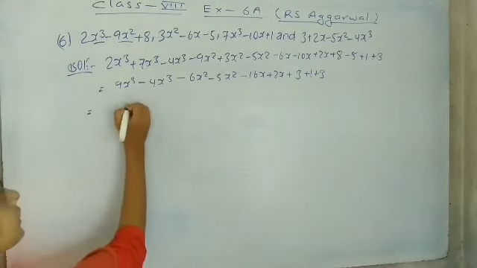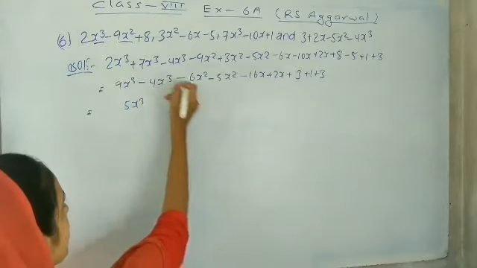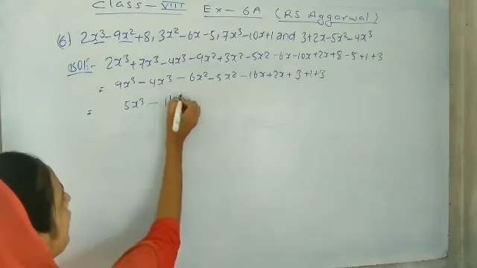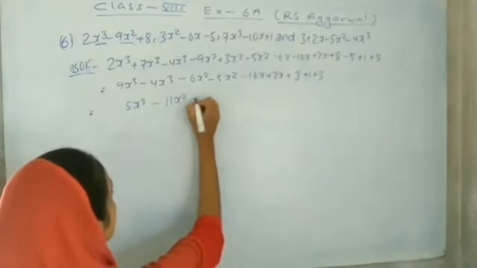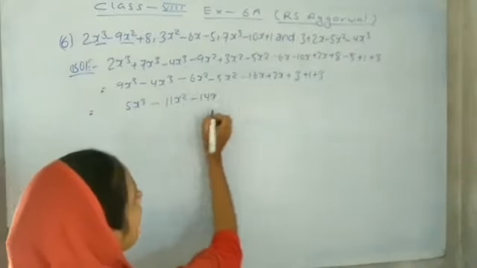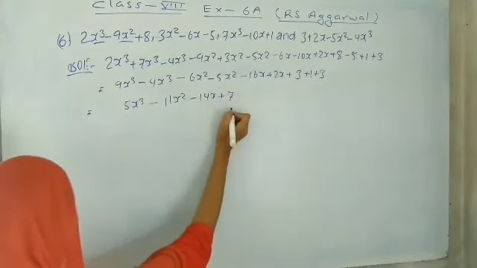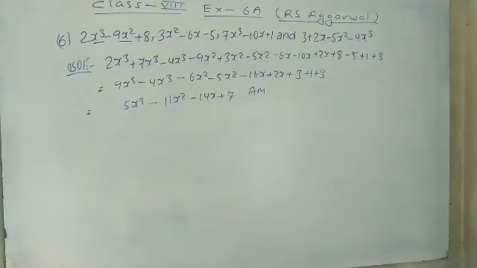And here plus minus minus and sign will be of plus, because plus sign is greater, so here will be 5x cubed. Minus minus plus, the sign will be of minus, 6 plus 5, 11x square. And here minus plus minus, sign will be of minus 14x. And here 3, 3, 6, 1, 7, plus 7. So 5x cubed minus 11x square minus 14x plus 7 is the right answer.